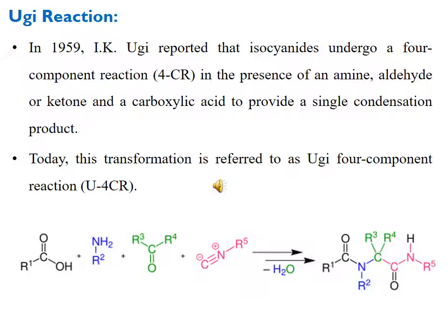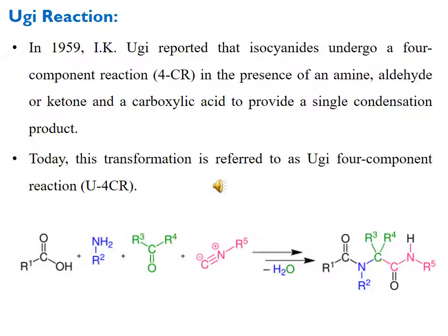Here you can see the general overall reaction of this Ugi reaction, that a carboxylic acid bearing R1 moiety, then amine R2 moiety, then ketone or aldehyde bearing R3, R4, and then isocyanide bearing R5 moiety, combined with the removal of a single water molecule, we get the final product. This is basically amide, and here you can see the different color combination will tell you about the different parts of this molecule. Here you can see the R1